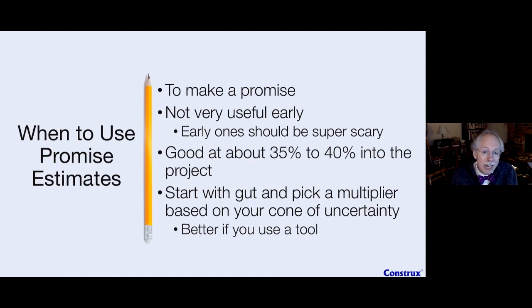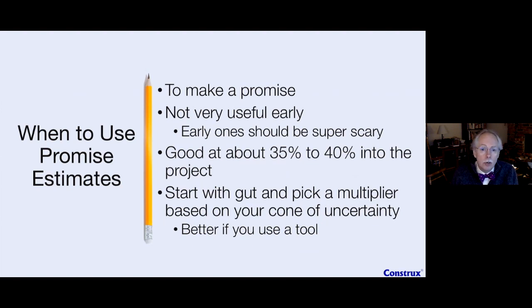Or we can use the planning number we'll talk about next and come up with a multiplier from that. Either way, the gut multiplier will be much higher than the planning one. But if you do it on your own cone of uncertainty, it's going to be very easy to do. Right? Just come up with the first number, then use the multiplier. If you have a software estimation tool, that could work quite well as well, because given your historical data, it will actually come up with your 60, your 70, your 80% confidence number, and then you can just go with that.